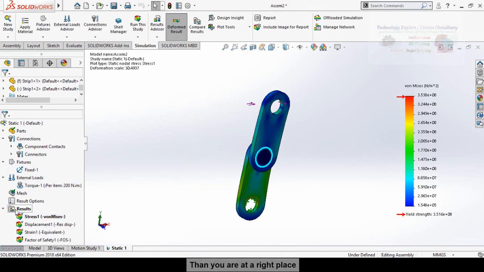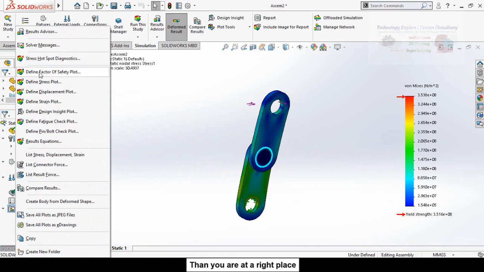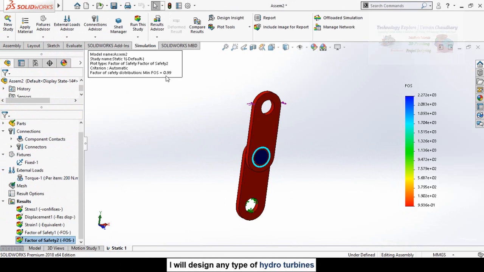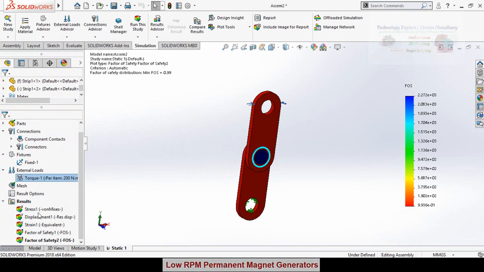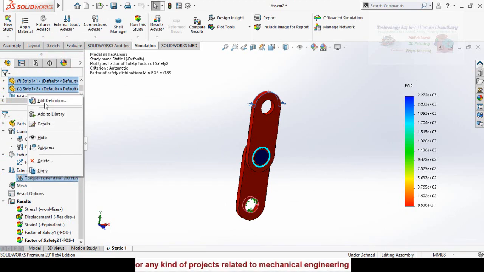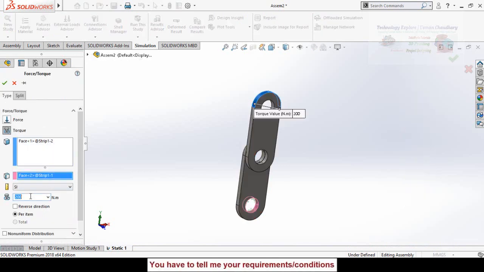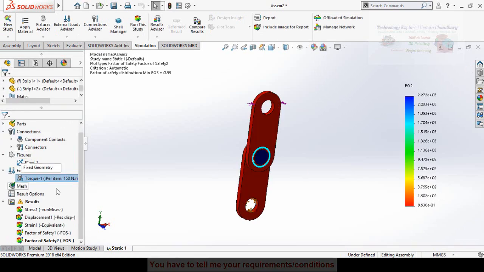So now right click on results and select define factor of safety plot and press OK button. So here you can see we have 0.99 factor of safety. So once again we have to reduce the torque value. Right click on the torque and select edit definition, and instead of 200 type here 150 Newton meter torque.